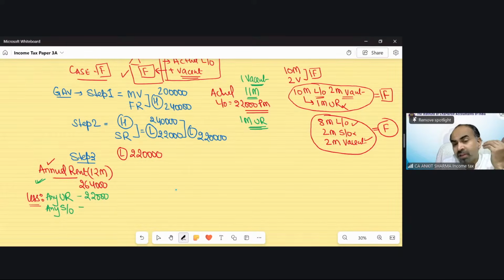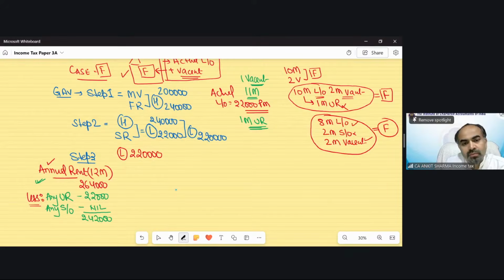But suppose in the question, the property is 10 months let out, 1 month vacant, 1 month self-occupied, and out of this let out time, 1 month unrealized rent. So if for any time the property is self-occupied, then we need to reduce the self-occupied time duration rent also. But in this question, because no self-occupied time has been given, we will reduce only 1 month unrealized rent. And after that, my value is